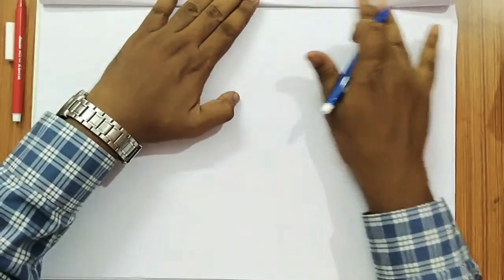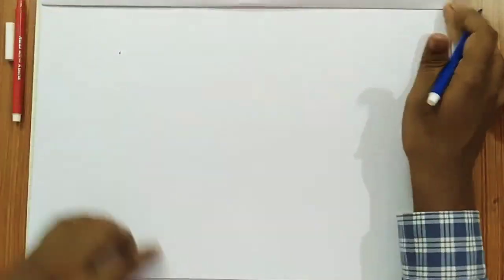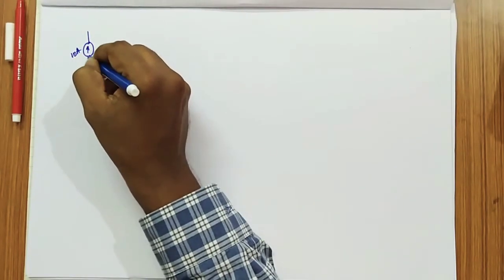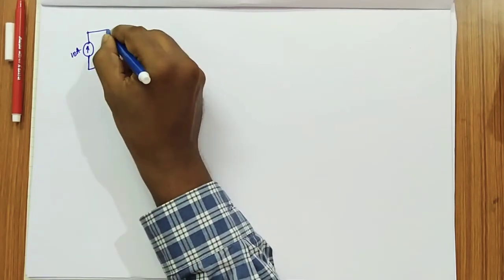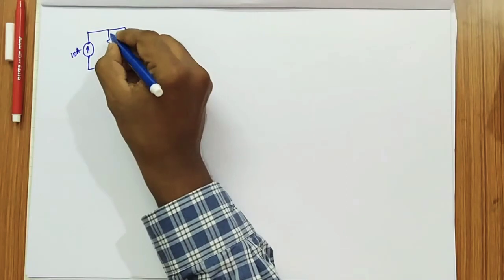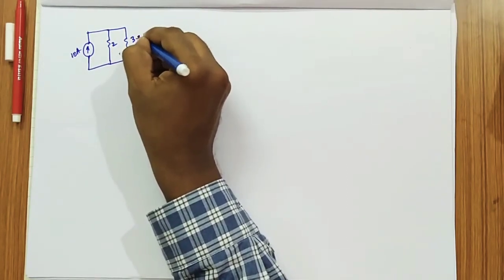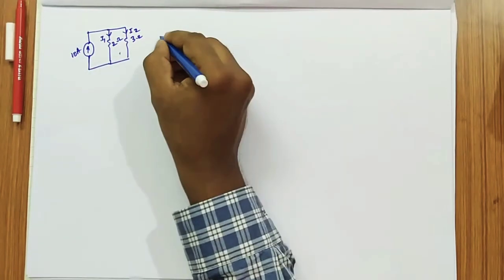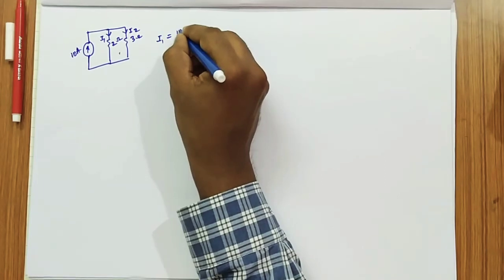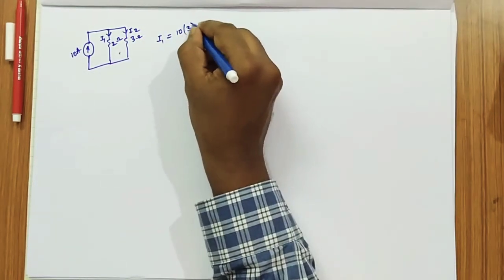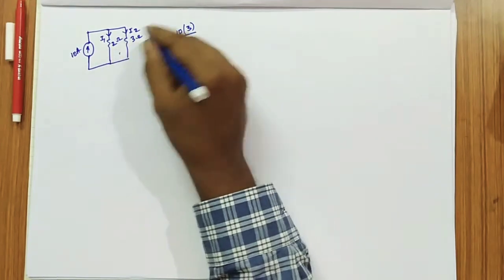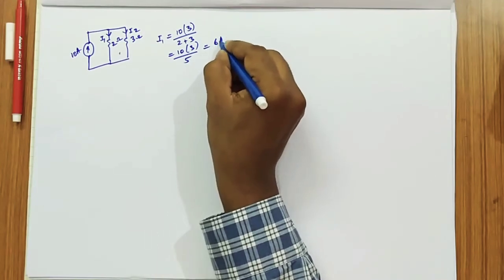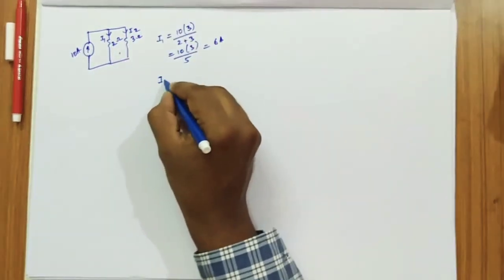So I'm taking a small circuit. Let us say the supply current is 10 amps, and individually let us take this as 2 ohms and this as 3 ohms. If you want to find the current through the 2 ohm, then I1 equals what? The supply current into the other resistance 3 by 2 plus 3, the sum of R1 and R2. So what will you get? 3 by 5, so 6 amps is flowing through I1.